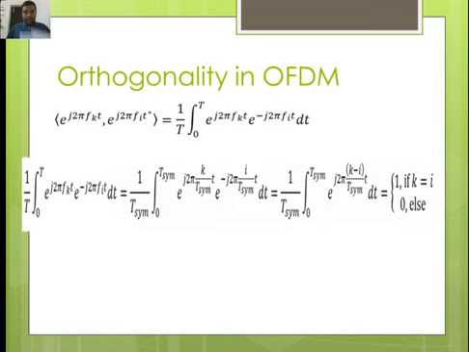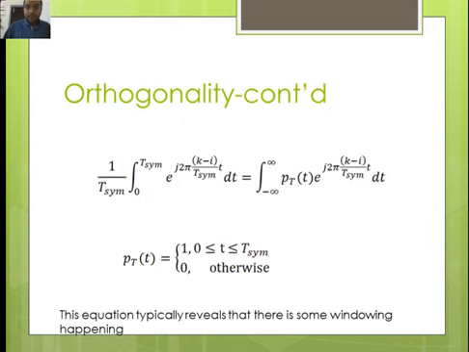Right, in other words, the exponentials are orthogonal if both frequencies are an integral multiple of the fundamental period T_symbol. But there is another important observation to make. The orthogonality holds only in an integration interval of T_symbol length. Okay, this observation can be illustrated by the formula